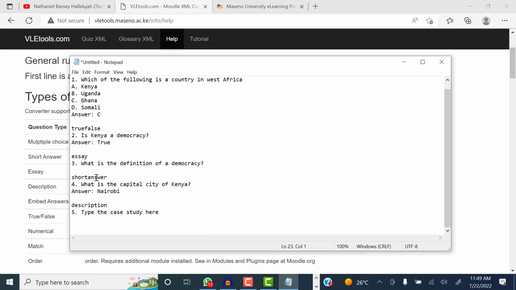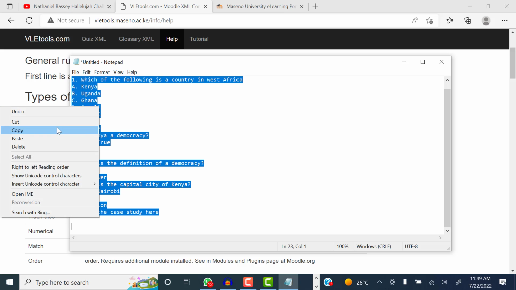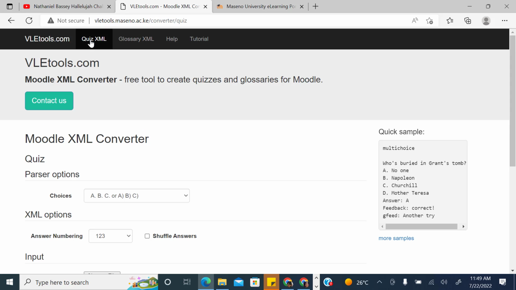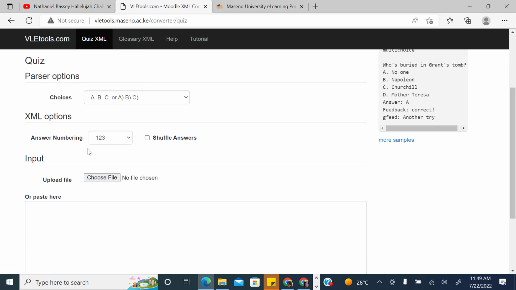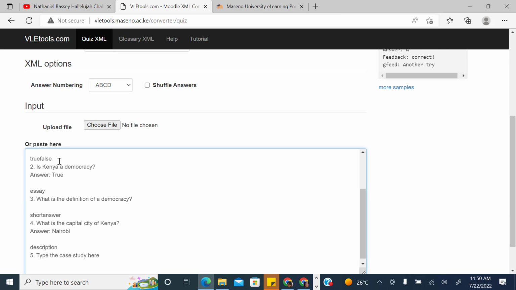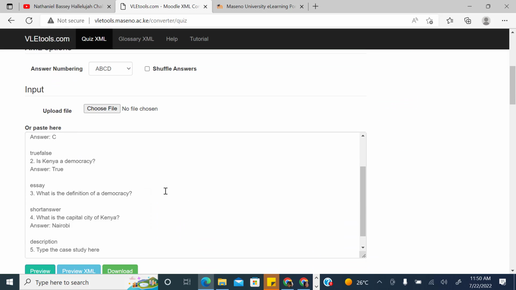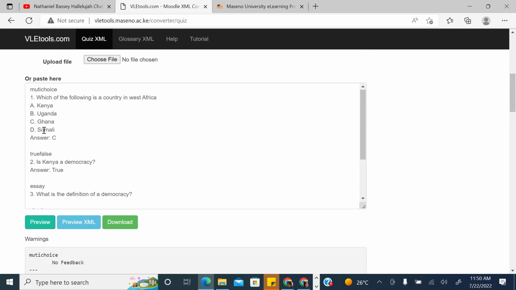So once you have created your questions like this, you can copy, and then you go to the VLE tools. You come here to quiz XML. The choices are in capital A, B, C, and the answers are also. You can paste your questions here. Then you preview, to check whether there are any errors. If there are errors, it will tell you here. For example, most errors can be like